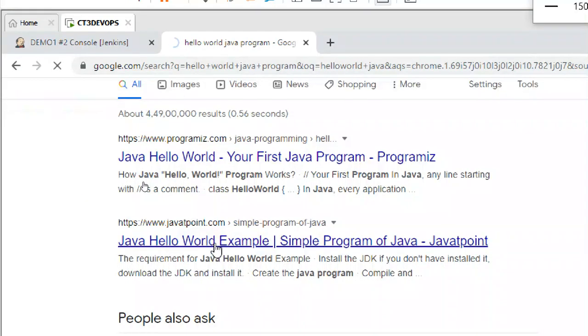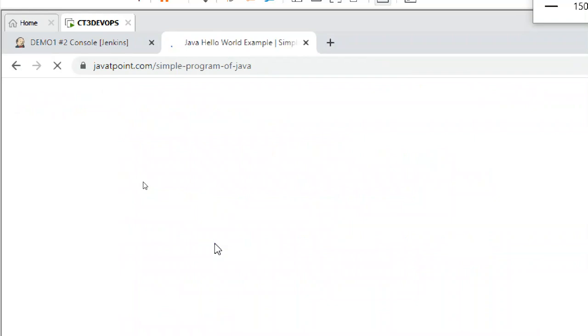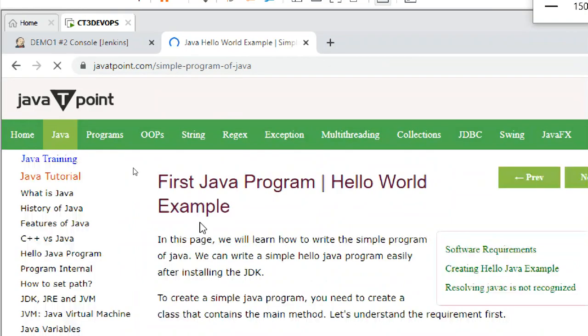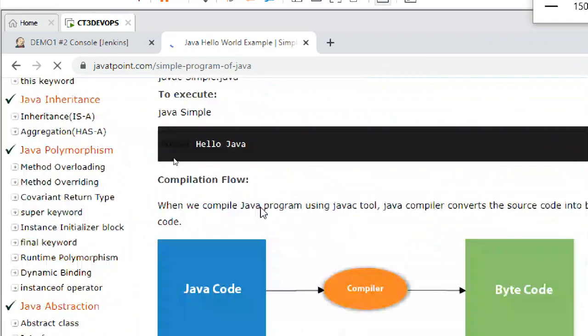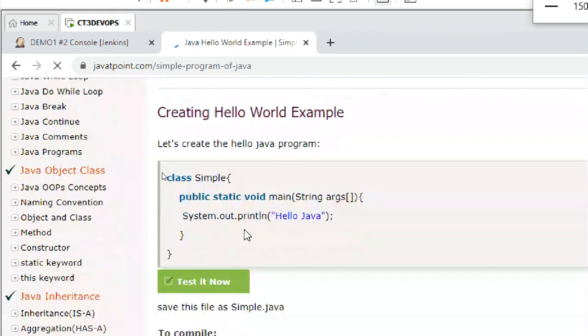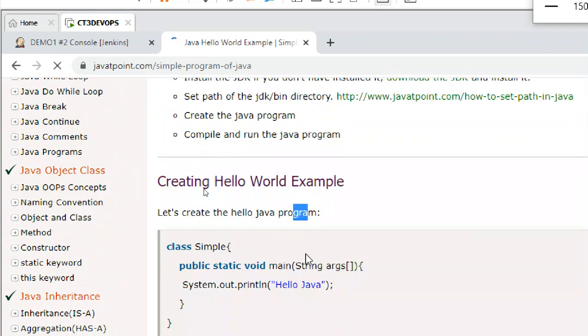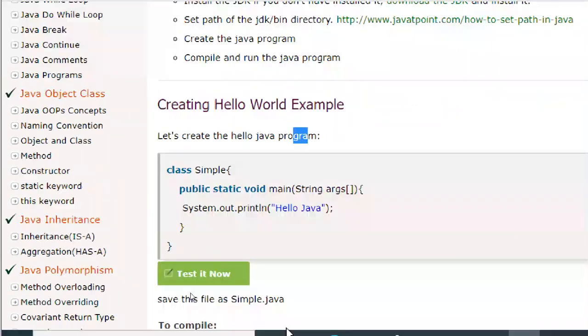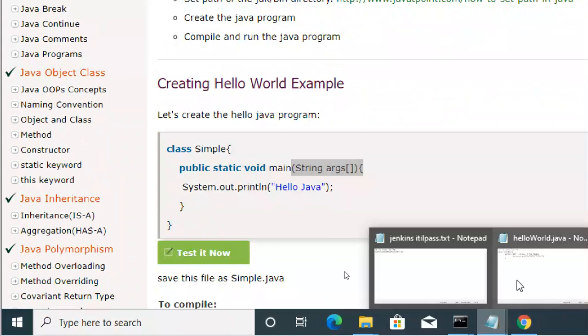Okay, JavaTpoint is also good. You don't need to learn anything, just copy paste. You'll get it. Okay, the bracket should be inside the string like this. You people are cheating me.